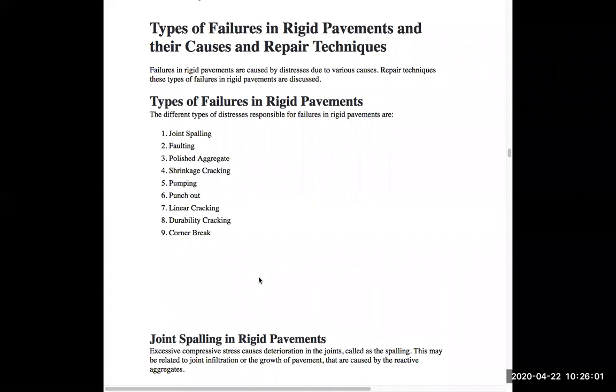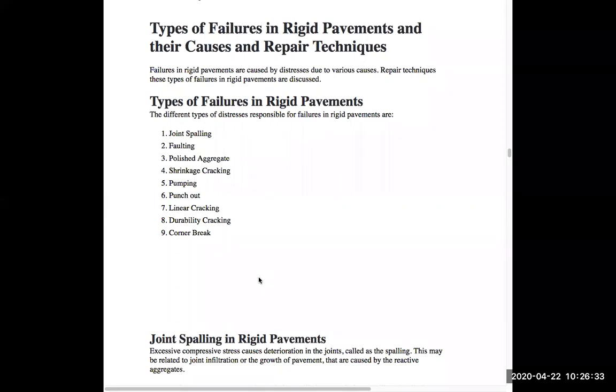Okay. So module 5 is quite simple. In module 5 we will understand the failures on rigid payment, why they are caused, and what the remedial aspects of these failures are, how exactly these failures are rectified. Similarly to what we discussed with flexible payment and their failures. So in connection with that, we have this module 5.